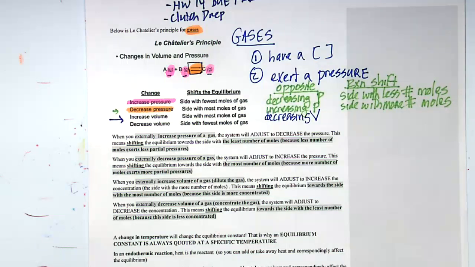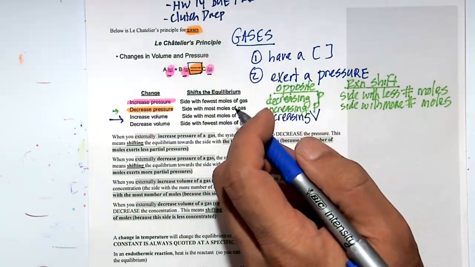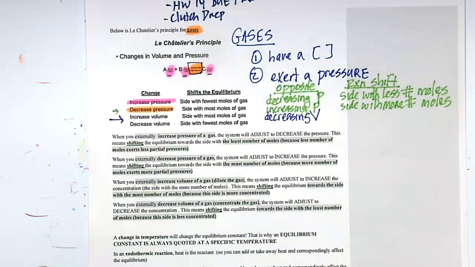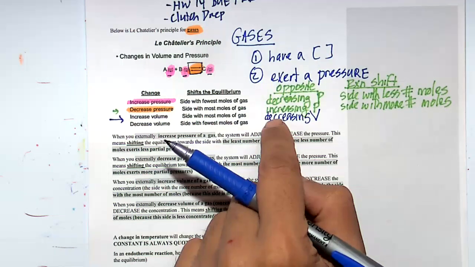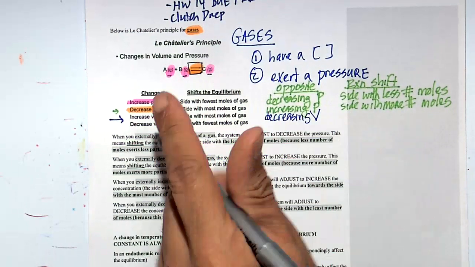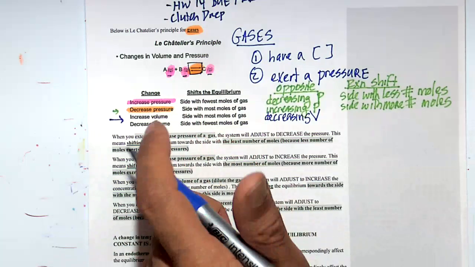Wait, hold on a second. Here's my volume. It's like the same amount in a smaller place, right? Okay, class, I'm going to teach in the closet. So, what will we do? How will you react? You're going to move out, right? So you're going to go to the side with the most number of moles. Decreasing volume, so the reaction will shift to the side with more number of moles. You're going to go where there's more.